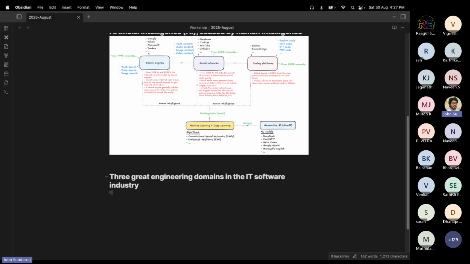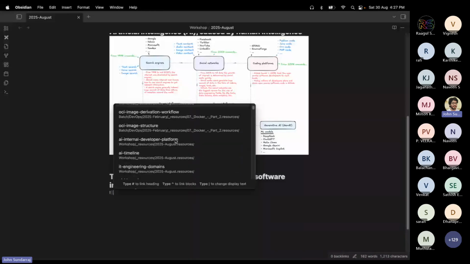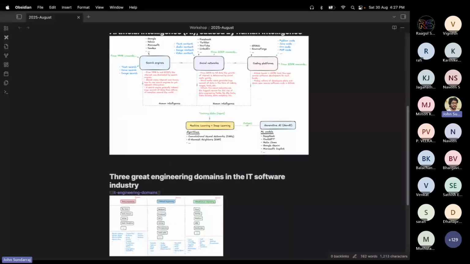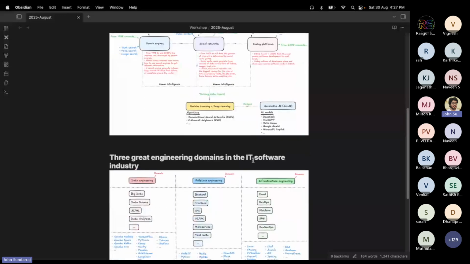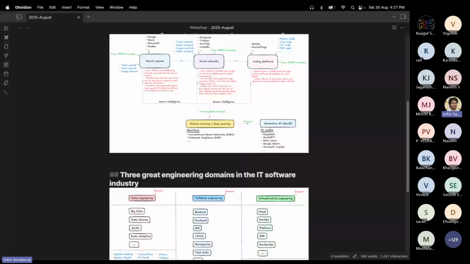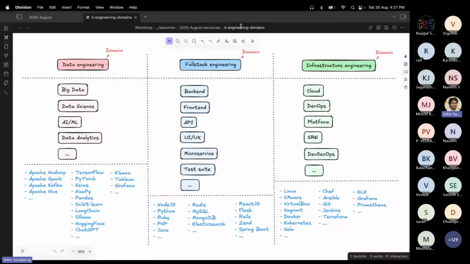So first, to understand the IT industry better, we need to know what the major engineering domains are. I'm not talking about everything, but about the major dominant domains available in the IT software industry, and where AI generally comes into the picture. This is a single screenshot. If you see here,